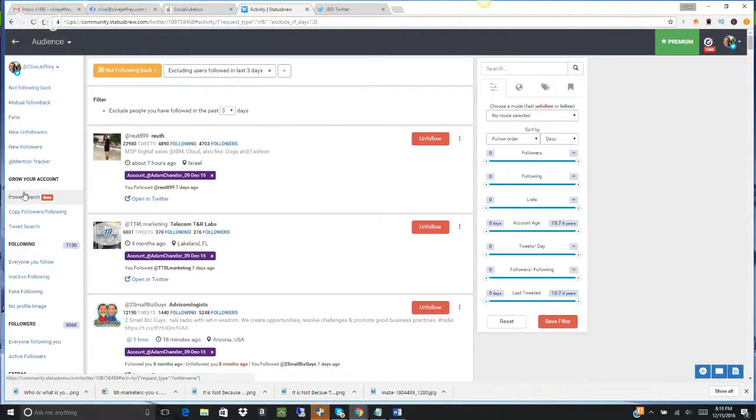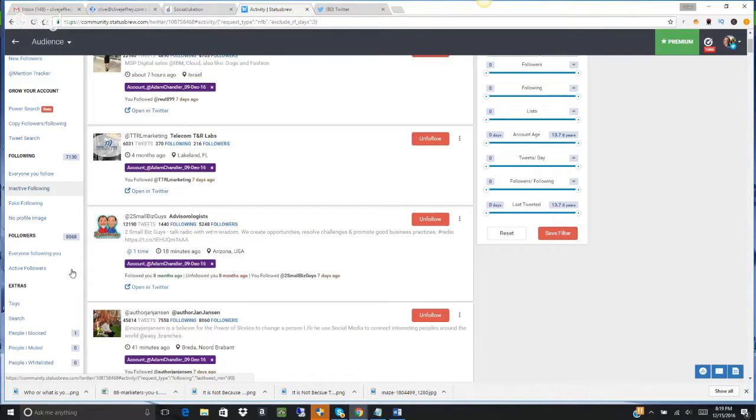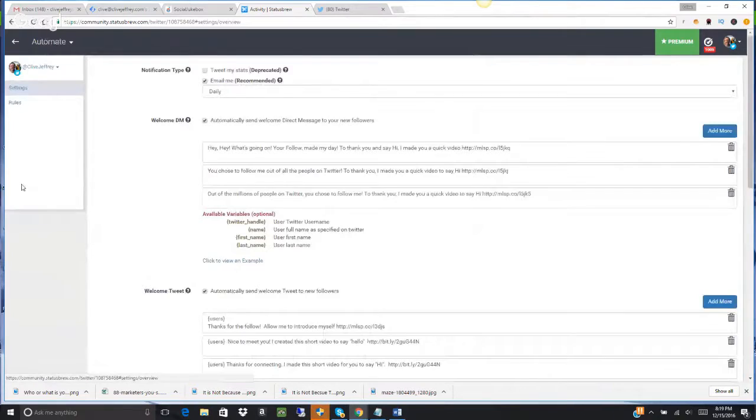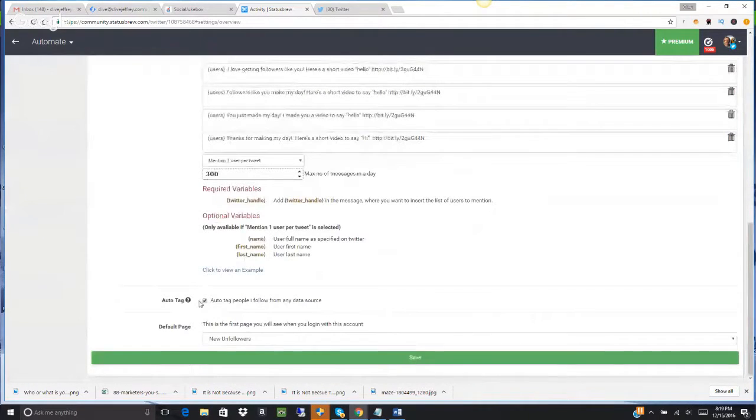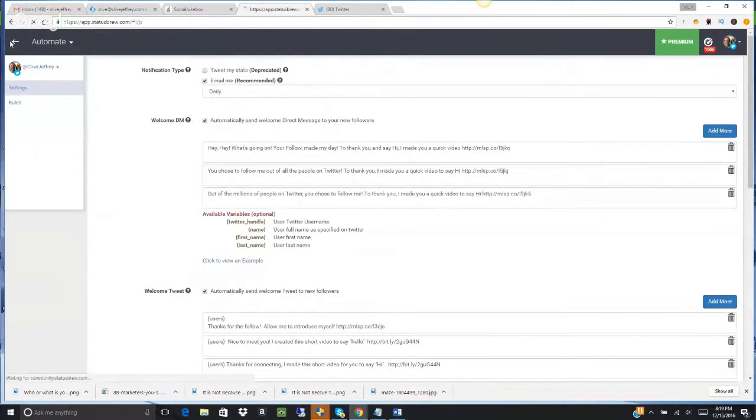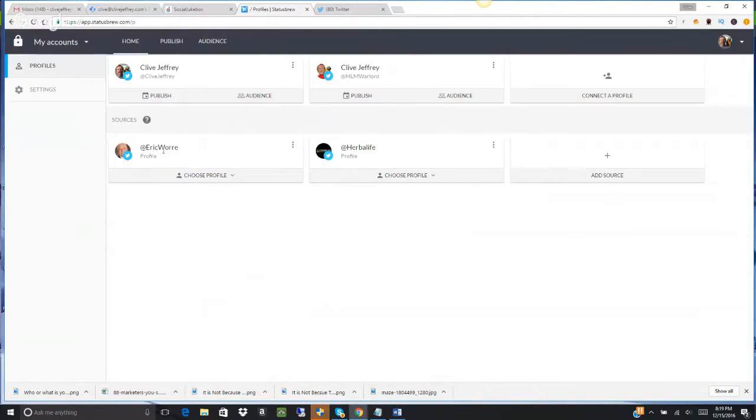Now, this is some cool stuff that I didn't go over last week that I wanted to show you. These are called tags, as you can see under here. If I go down here to automate, click on settings, then go right down to the bottom and click tag, it will auto tag people that I follow. Basically what that does is every time I follow someone,